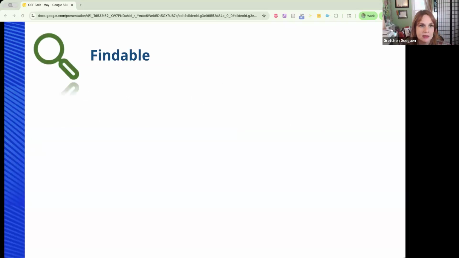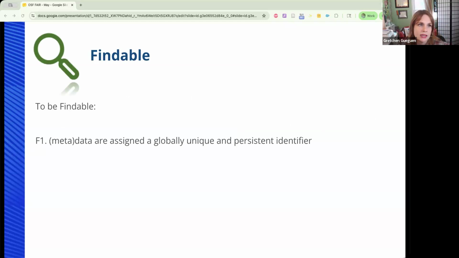So the first principle is findability. These are characteristics that make it possible to find content of interest through metadata. So findability principle number one is that metadata or data are assigned a globally unique and persistent identifier. And the human touch there is that you create DOIs for your content, you can create an ORCID identifier for yourself, and you can explore other kinds of identifiers that you can create and implement in systems. The system's role is to hold and store and identify that it is an identifier, but you're the one who creates the identifier.